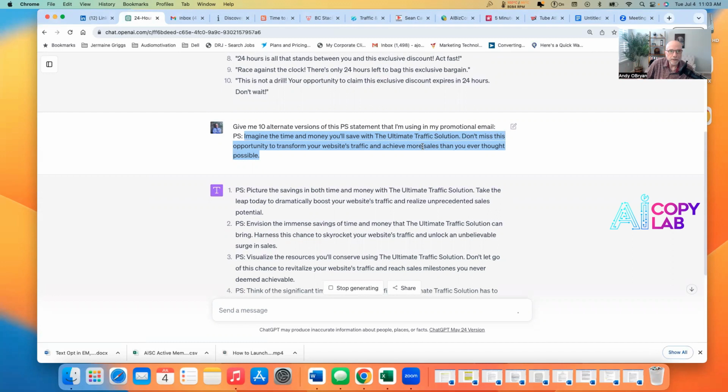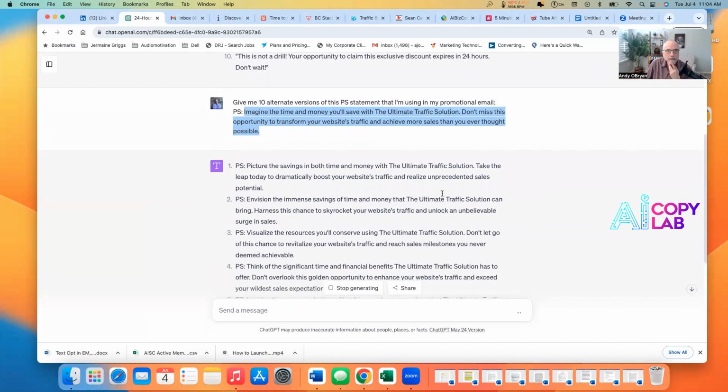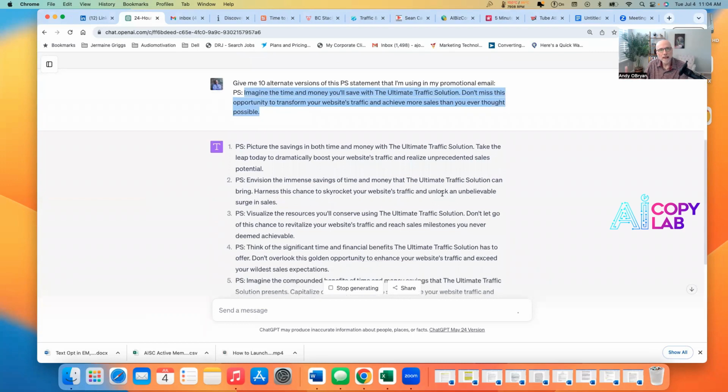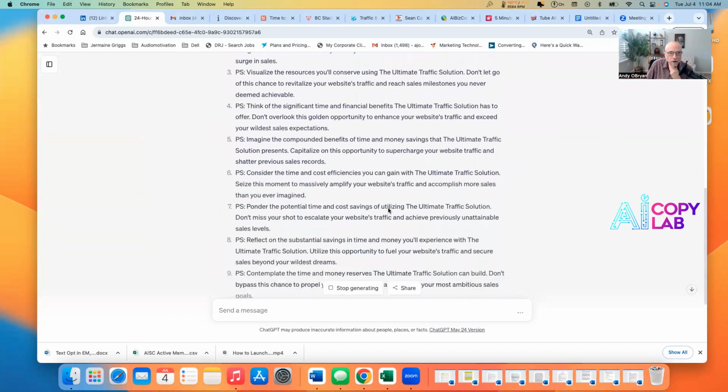Don't miss the opportunity to transform your website's traffic and achieve more sales than you ever thought possible. So I'm asking ChatGPT here to give me 10 alternate statements. All right. So I didn't really like what I wrote. I thought it was just kind of blah. So it's giving me 10 alternate versions.